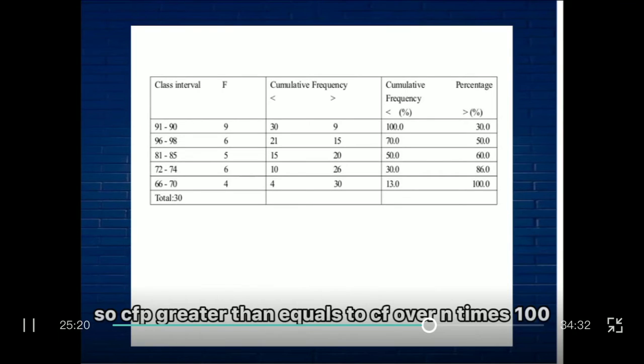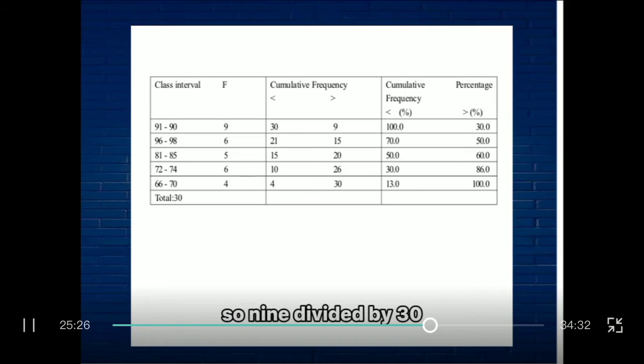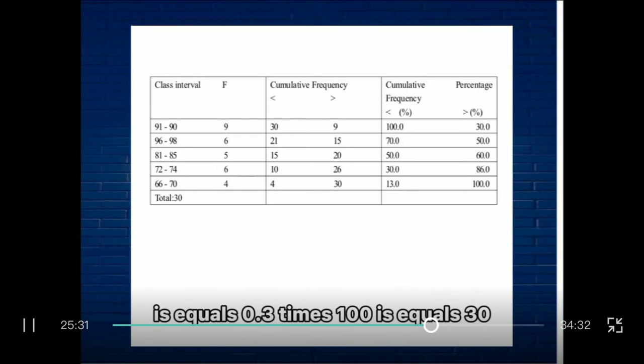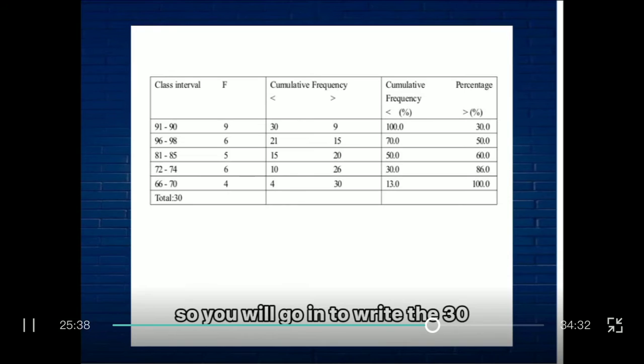So CPF greater than equals CF over N times 100. So 9 divided by 30 equals 0.3, times 100 equals 30. So you write the 30. And next, CPF greater than, this is the formula: CPF greater than equals CF over the number of cases